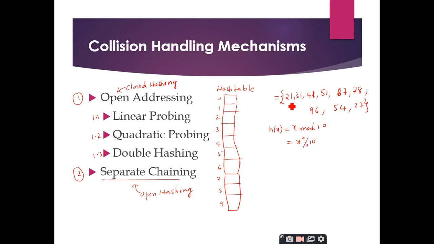Let us take the first value. What is the first value here? 21, sir. 21. So if I want to insert the value 21 inside the hash table, I am not given the provision to insert 21 directly into the hash table. Before that I have to do some processing. The processing is that you have to give this 21 as an input to the hash function. So if I give 21 as an input to the hash function, I will get h of 21 is equal to 21 mod 10. What is the result?